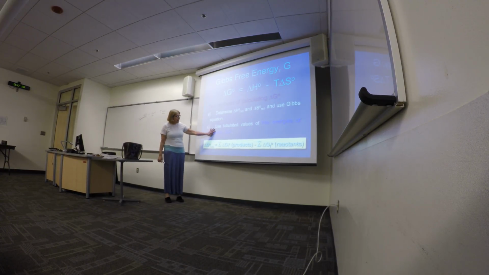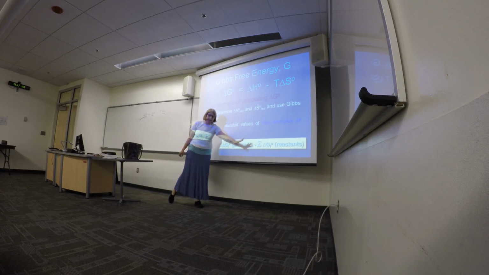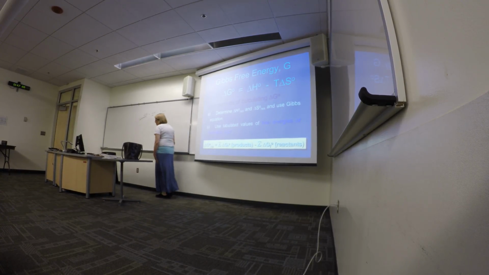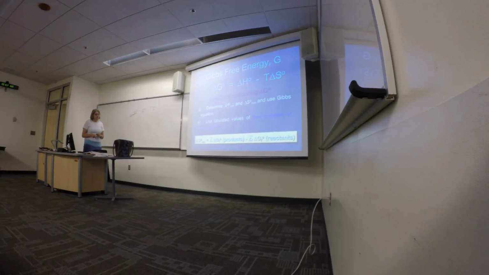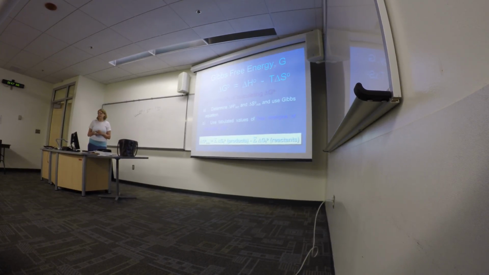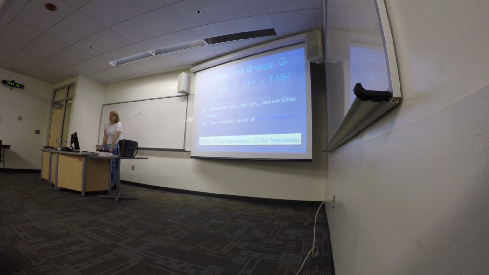If we use tabulated values, this is the way we do it. It's the products minus the reactants. Again, remembering that Gibbs free energy is a state function. We postulate that all the elements in their standard state have a free energy of 0. We combine those elements, we get products, and that's where we get the standard free energies of formation. Whenever you have an element, you will not be given a Gibbs free energy for it, and so you will just have to supply to yourself the fact that